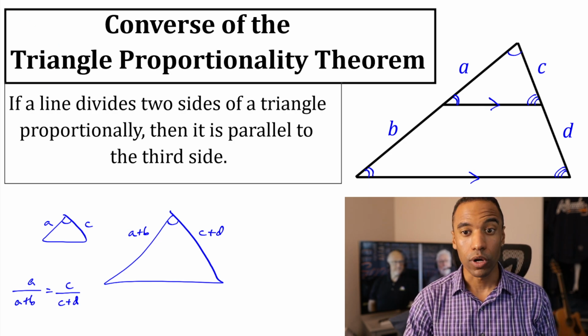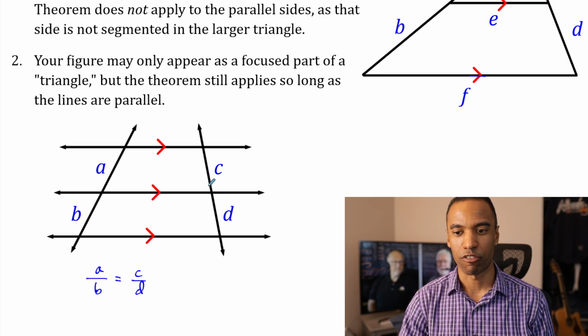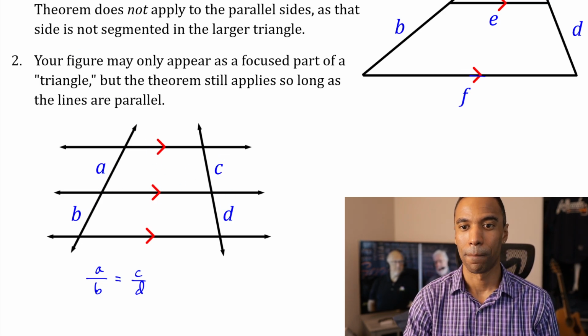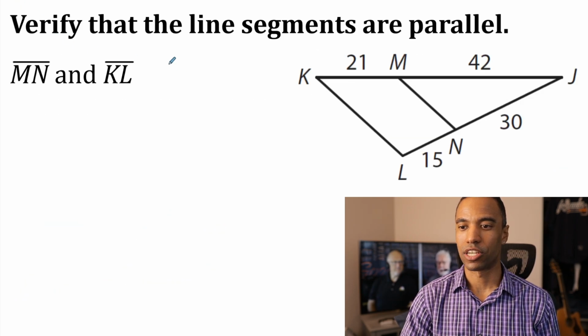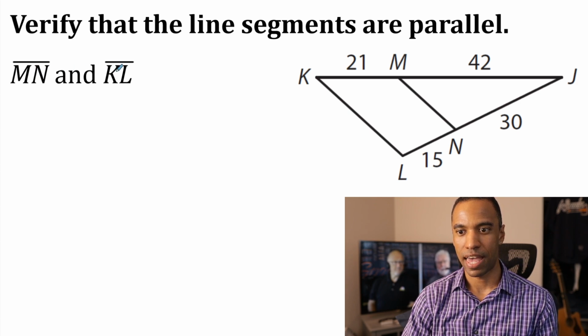Very cool. Same would also apply, by the way, for the same reason as I said before. If A over B equals C over D, then that means these lines are parallel too. Who knew? All right, so let's verify that lines MN and KL